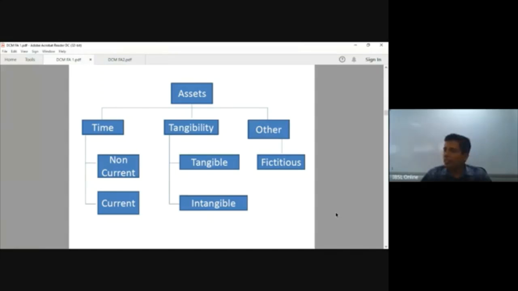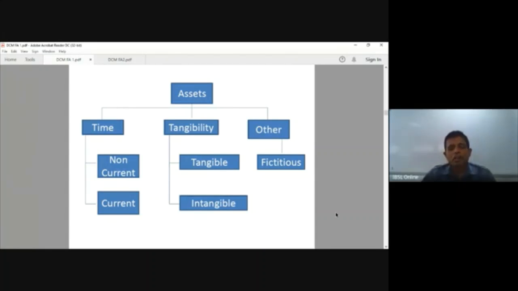The famous example is goodwill. Goodwill is an asset that you recognize, but you cannot touch, feel, or smell. Another example: debtors are also intangible assets. A particular debtor is there, but here we are taking the contractual agreement between the debtor and the entity, not the physical debtor himself. Therefore, it is also considered an intangible asset.